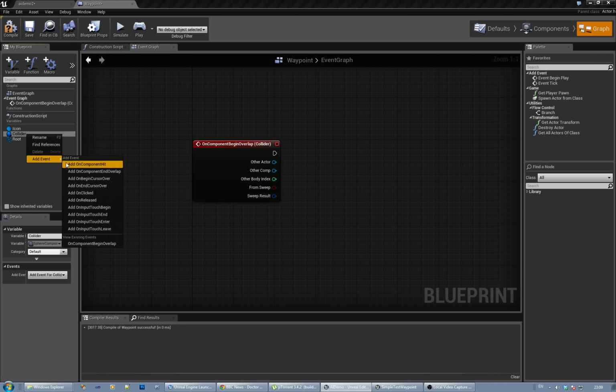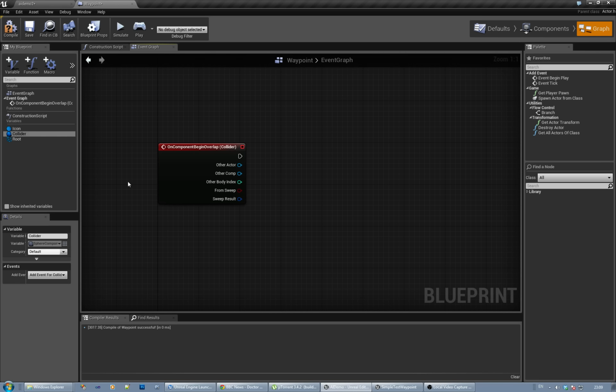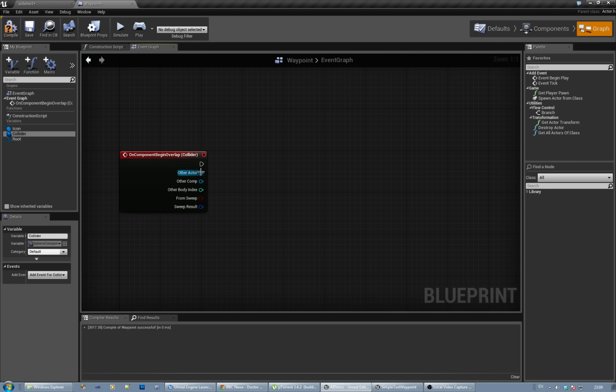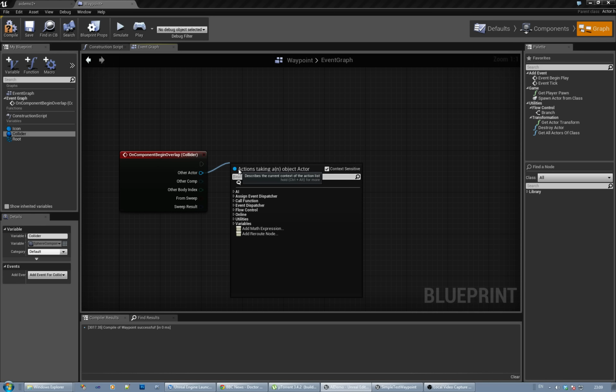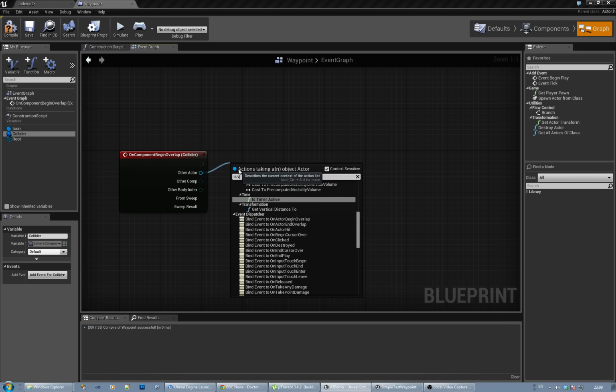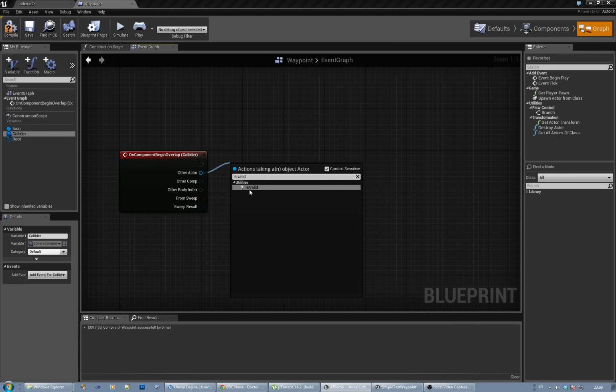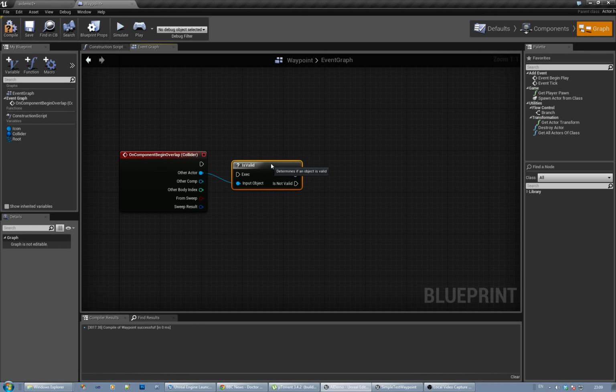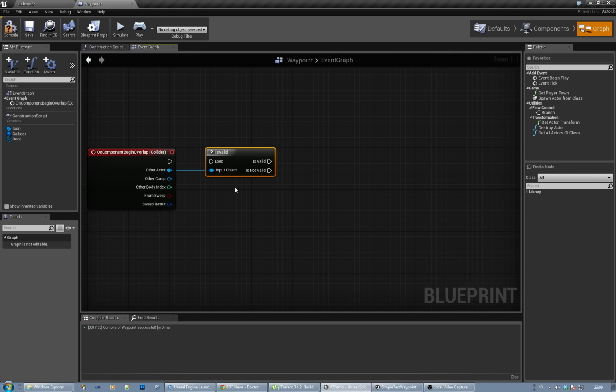We could have done a normal on begin overlap, I suppose, but whatever. So what we're saying is that there's going to be an actor here. So let's just do is valid check on there. So if we've got a valid actor,